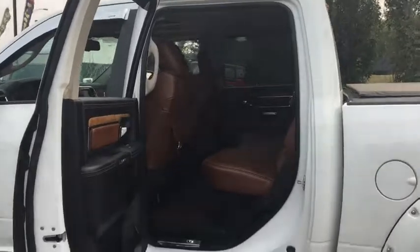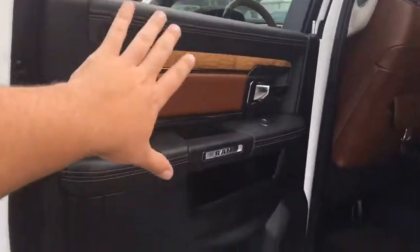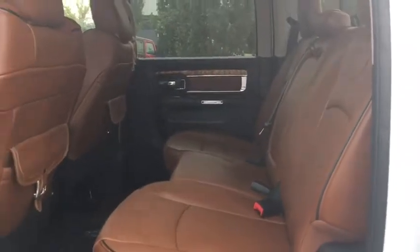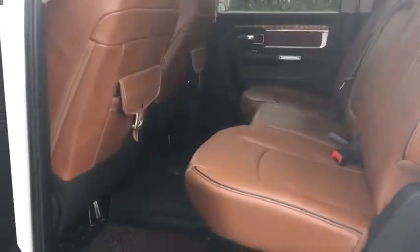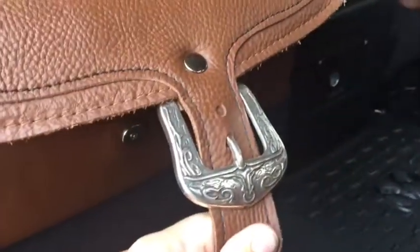Sweet. Here we go. All right, here we are making our way into the back seat. The door opens very wide, giving you lots of access into that crew cab. You got that inside door panel on that leather interior seating, very similar to the front seat, keeping that styling throughout. On the backs of the front seats, you do have these awesome map pockets. Check out that buckle. That is awesome, and it is actually magnetic, so you don't have to worry about actually